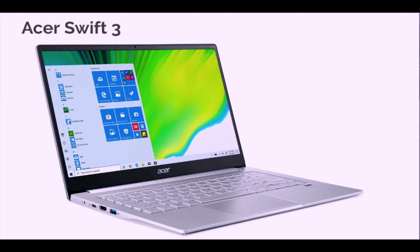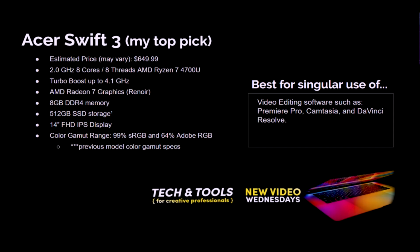All right, next laptop up on the list is the Acer Swift 3. It's my favorite laptop in this category. It's going to be the most powerful laptop with an 8-core, 8-thread processor. It's the AMD Ryzen 7 4700U with a base clock of 2.0 and a turbo clock of 4.1 gigahertz. It says the AMD Radeon 7 graphics, 8 gigs of RAM, 512 gigs of solid-state hard drive, and a 14-inch